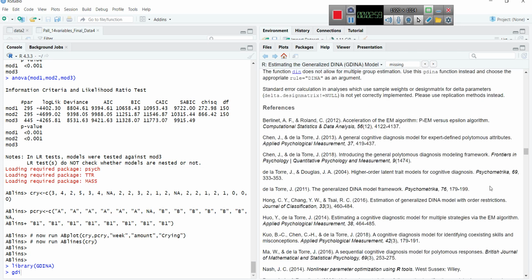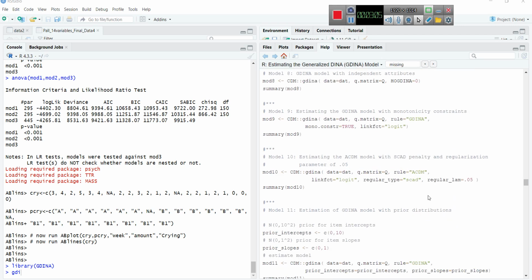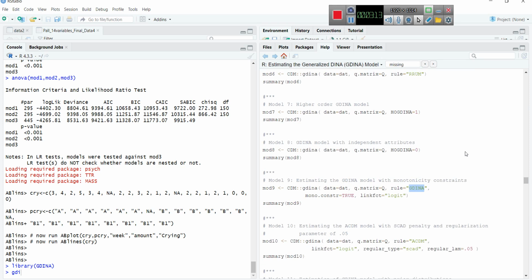Models like the ARA model, the ACDM model, and moreover, as I said, the GDINA model can also be fit